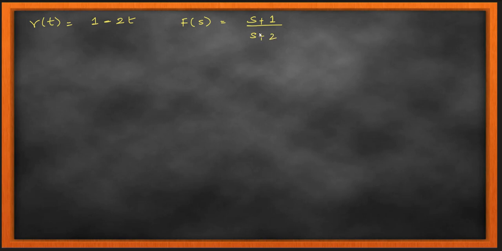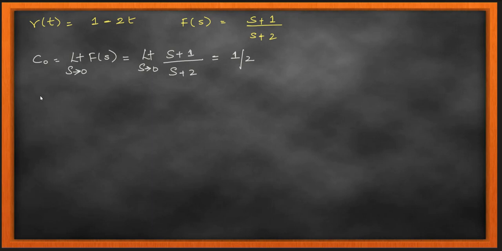So let's start with my c0, that is limit s tends to 0 of f of s, which is s plus 1 upon s plus 2, and that is going to come to 1 by 2. Alright, because I just put s equal to 0, and then 0 plus 1 upon 0 plus 2 is 1 by 2. Then my c1 is limit s tends to 0 of d by ds of f of s,